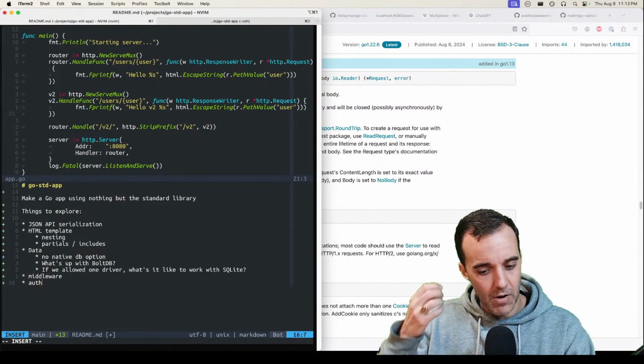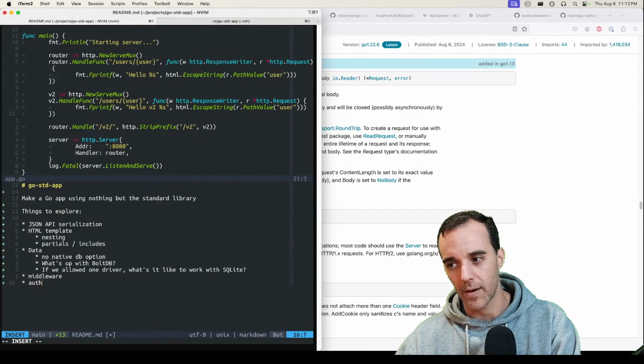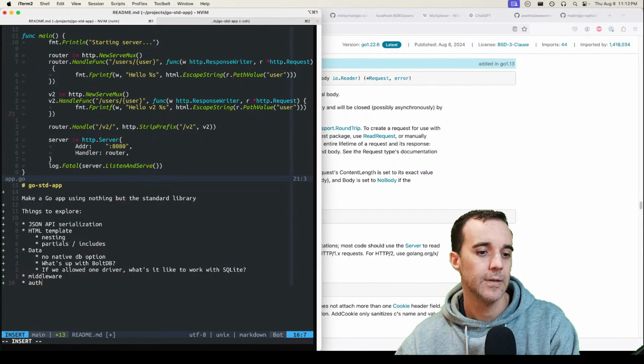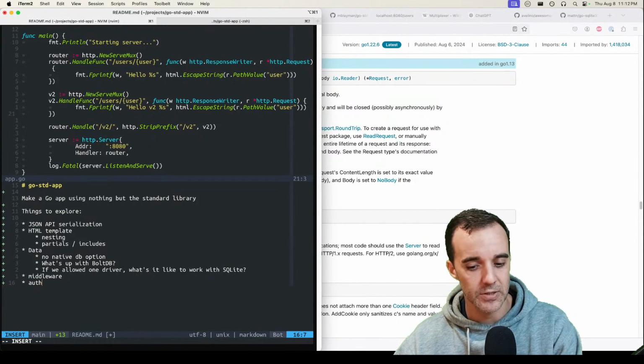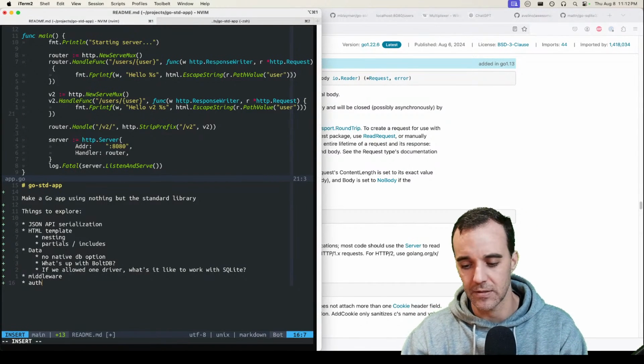Maybe we have an auth middleware, and in that auth middleware, it does your standard password hashing stuff, checks in your data store to see if that hash matches, and then authenticates somebody, and then we'll do a challenge if it doesn't.